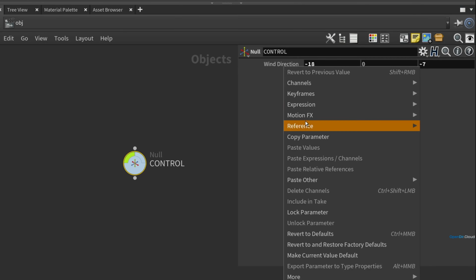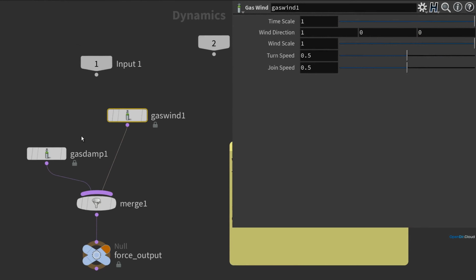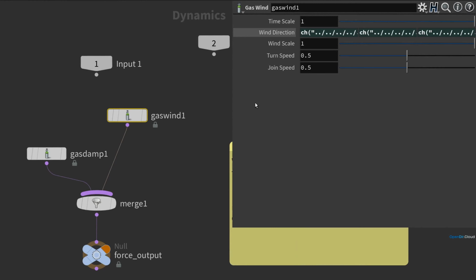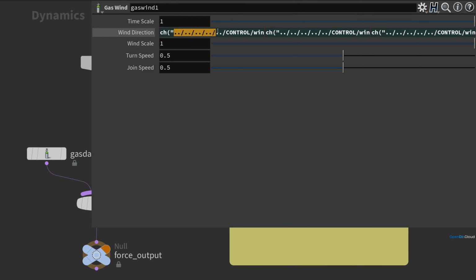So we can copy this parameter, go back into our Pyro solver, and paste a relative reference into this gas wind direction. And this relative reference is pretty annoying with the unnecessary